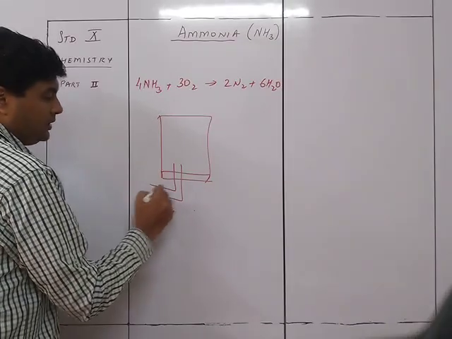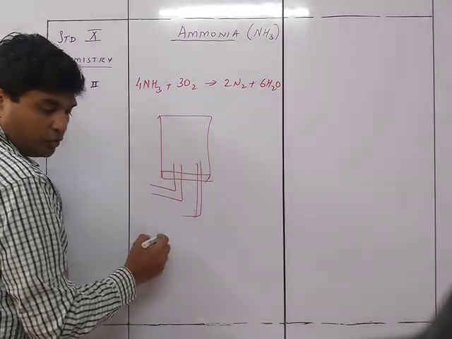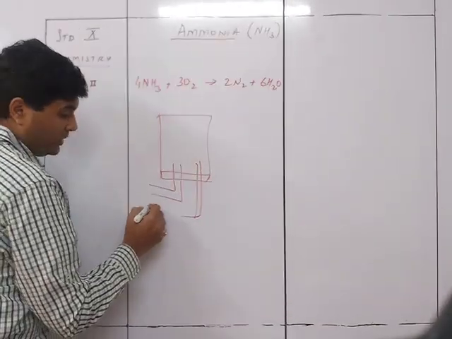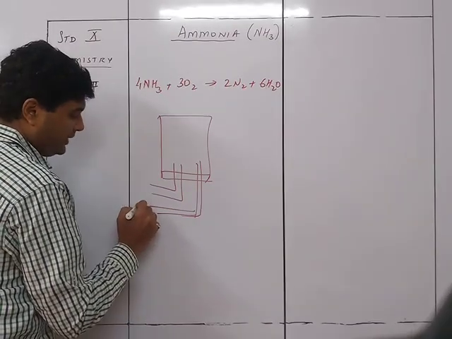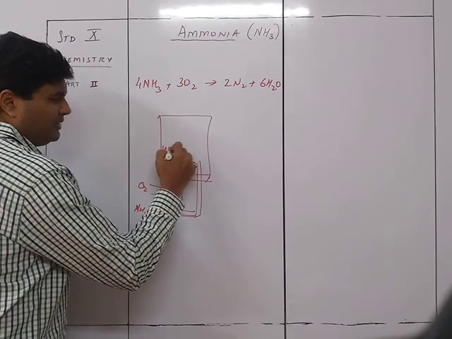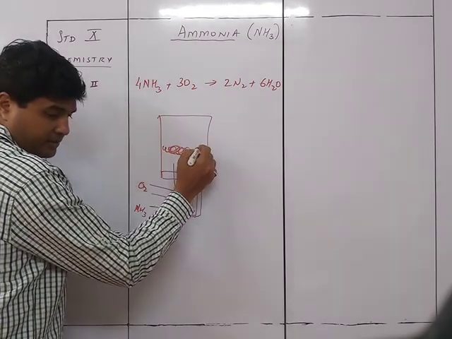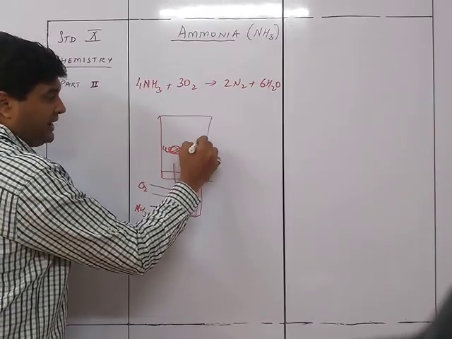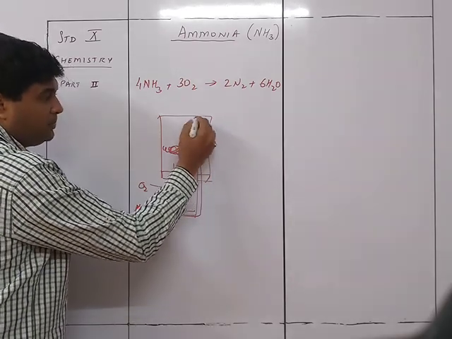One is this one, another is this one, the two tubes over here, and from here this one you are going to take ammonia NH3, and this one will be O2. So there will be a cotton wool over here, and then this tube goes inside, and you are going to ignite this particular thing. So it will be burning.